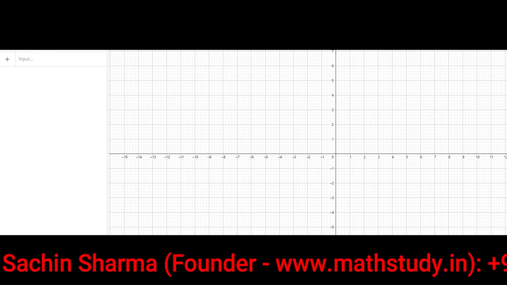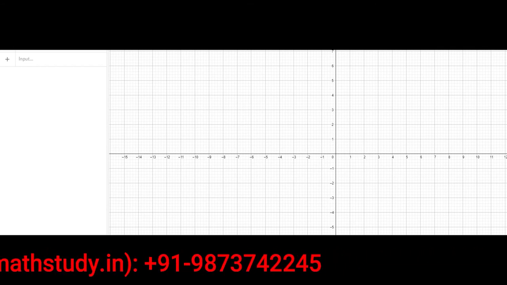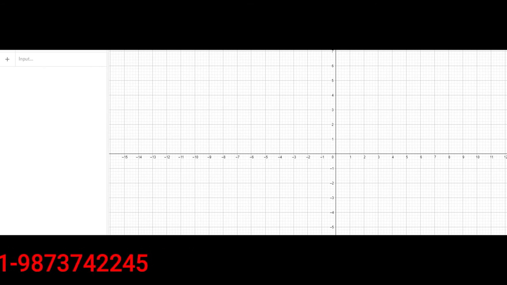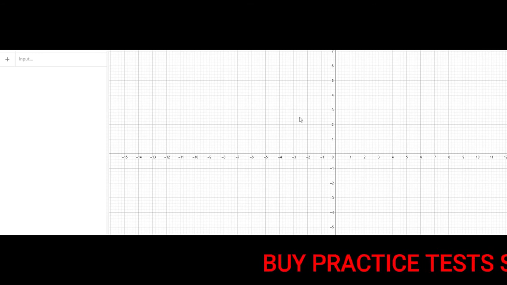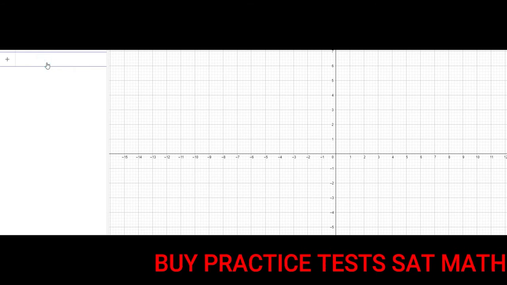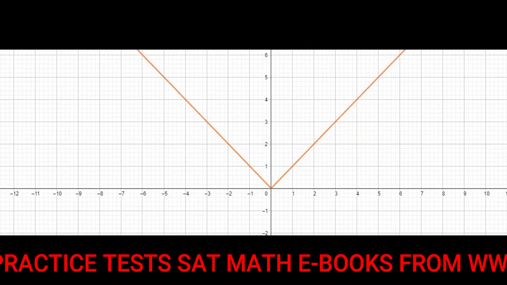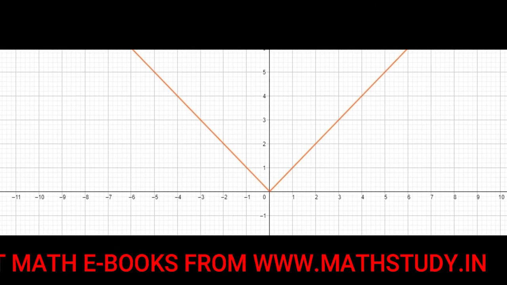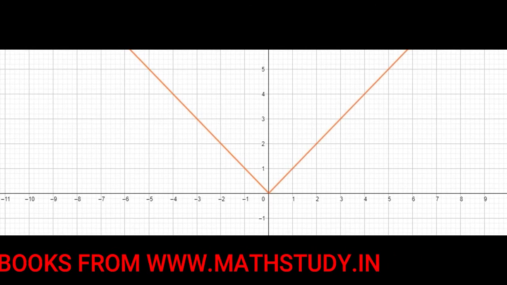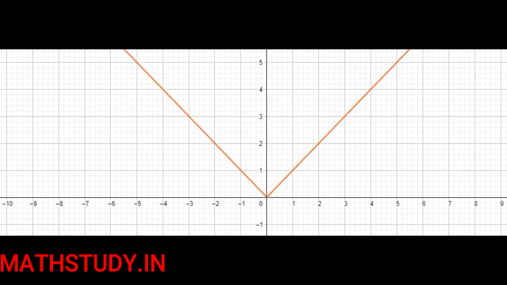So students, let us try to understand this concept here graphically. This is our application where we are going to draw a few graphs where you will be able to understand this concept more easily. So let us plot the first graph of y is equal to mod x. So let us put our input here, y equals to mod of x, right? So here we have a graph of y is equal to mod x, and we can see that this graph is not going towards the negative direction of the y-axis. Why? Because when we input the value of x, whether it is negative or positive, the value of y remains positive here, right?